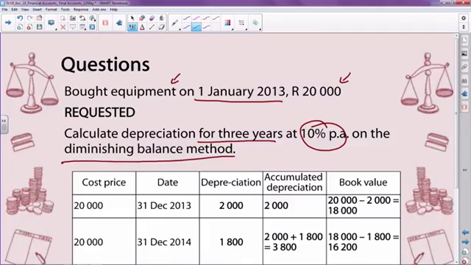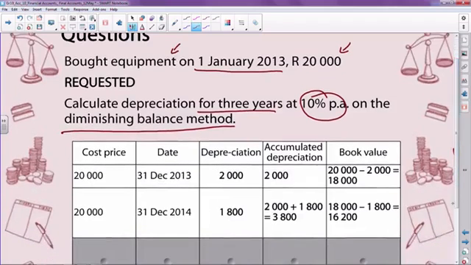Now, the first year is exactly the same as the cost, because we didn't lose anything before. So let's go and look at it. The first year, as you can see, the cost remains the same. For the first year, we need to go and say 20,000 minus nothing, because we didn't lose anything, times 10%, and that will then give you 2,000, and it's 12 over 12, it's 1, we used it for the full year. So therefore, your depreciation will be 2,000,